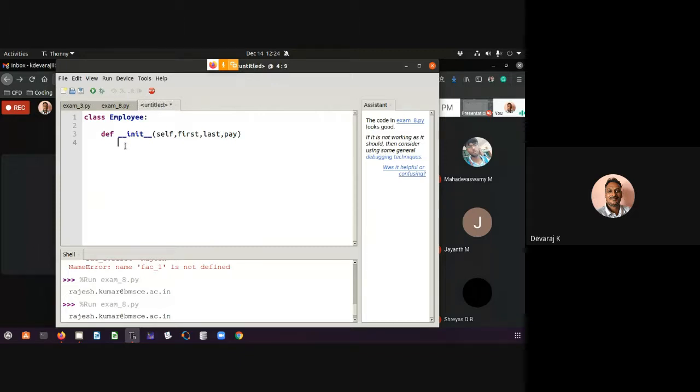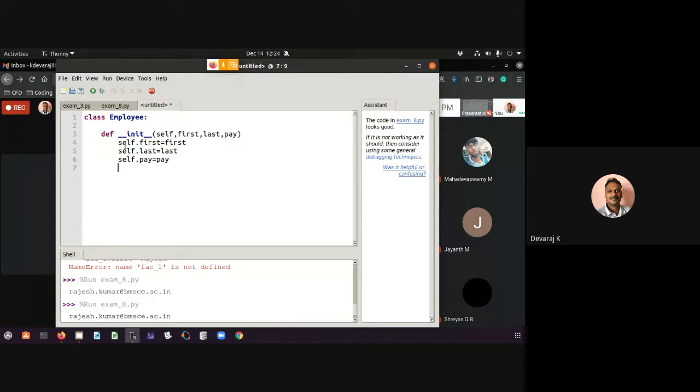It is self dot first name is equal to first. Then self dot last name is equal to last. Say for example, self dot pay is equal to pay.